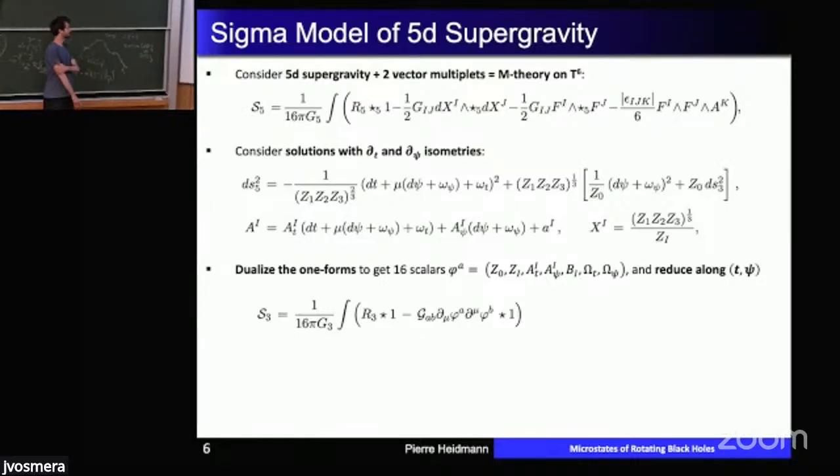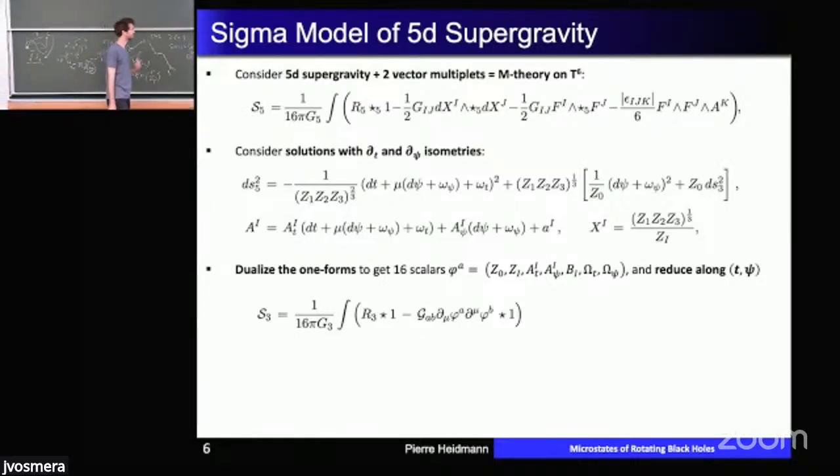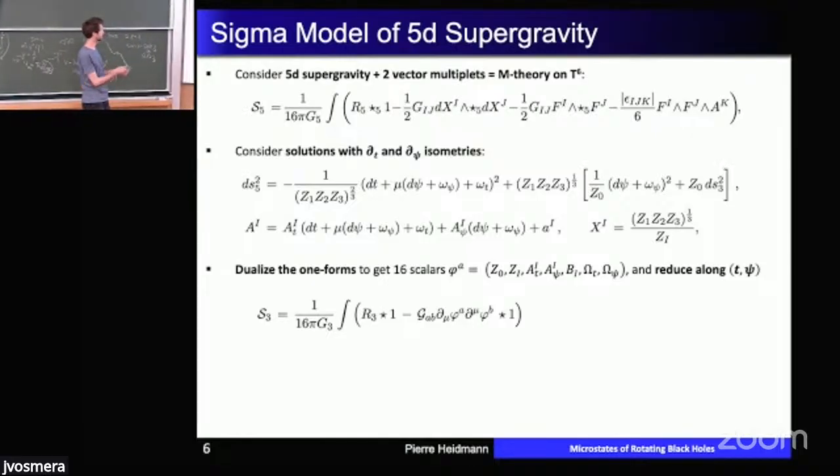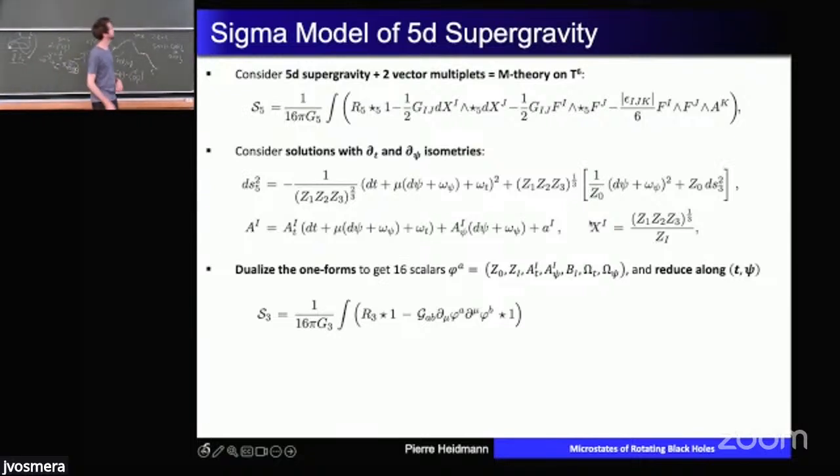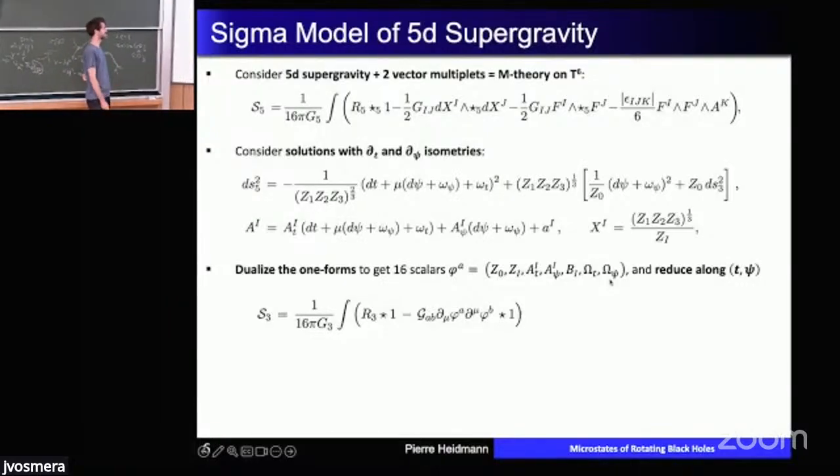So the way to derive a sigma model is to reduce along the isometries, which are t and psi. The best way to do that is first to take a universal frame where you don't have one forms and scalars, but everything is scalar. So you can dualize this omega t, omega psi, and A_i here, which is also a one form, into scalars, so that you get 16 scalars: the Zs, the gauge potentials A_t, A_psi, and then B_i, which is a dual of A_i, capital Omega t, which is a dual of small omega t, and capital Omega psi, which is the scalar dual of omega psi. Then you reduce along t and psi, and you get an action, which is essentially